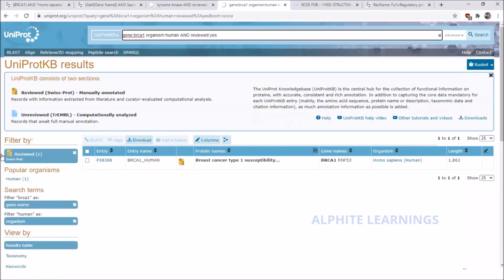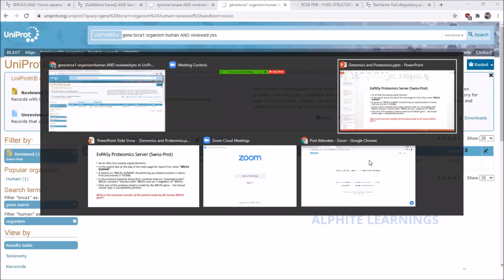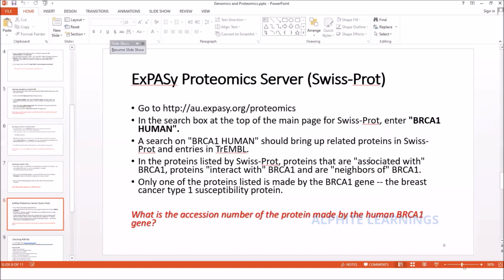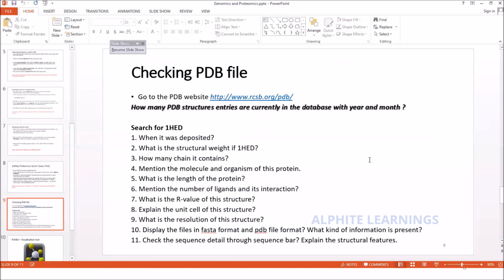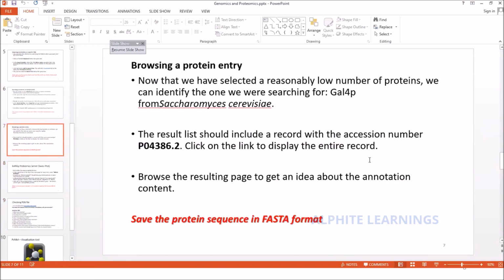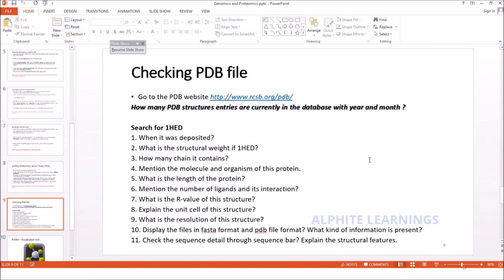Okay, the search, and we got our result. So P38398 is the answer, the accession number for the breast cancer human sequence, the protein sequence we have been looking for. Yeah, so that is all about Expasy. Good to go. So next is a very important